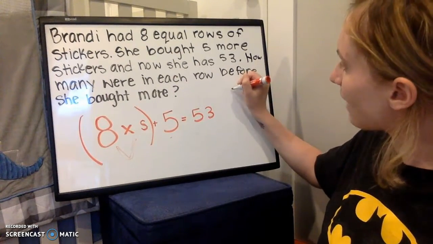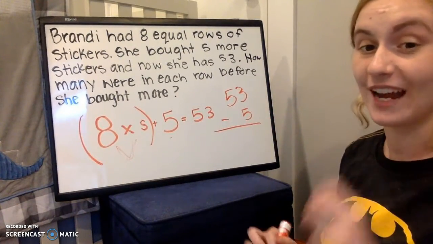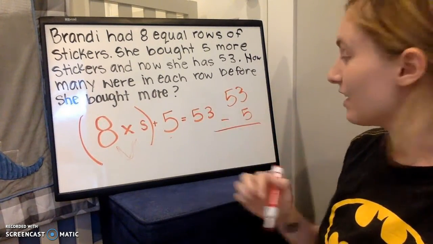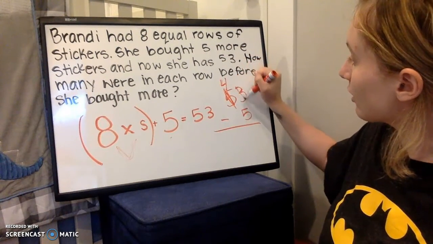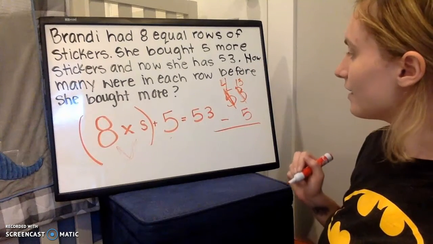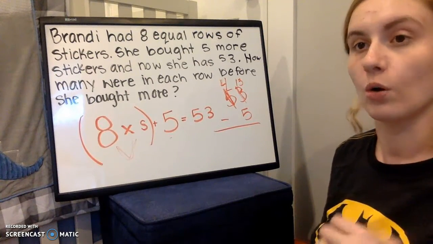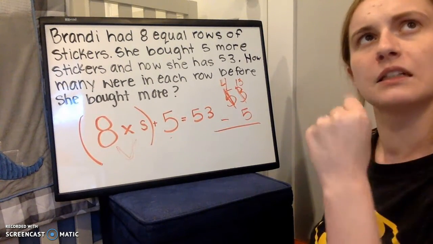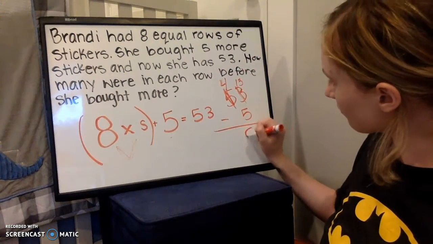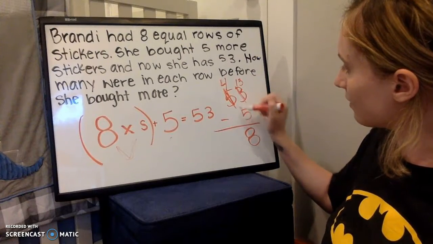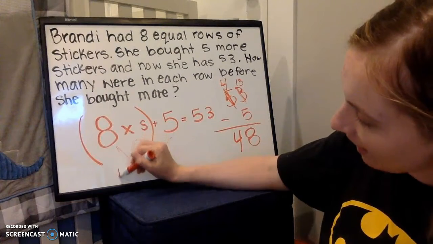Let's do that. Remember to stack up your numbers when you subtract. So 53 minus 5. Oh, if I only have 3 things, I can't take 5 away from it, right? There's not enough. So I got to go over to my tens and steal some. Sorry, 5, you're now 40. But good 3, you're now 13. And 13 minus 5 is, well, count up on your fingers. That's what I always like to do. Or count down. So 13, 12, 11, 10, 9, 8. Okay, 13 minus 5 is 8. And then 40 minus nothing, still 40. So 48. That means 8 times S has to equal